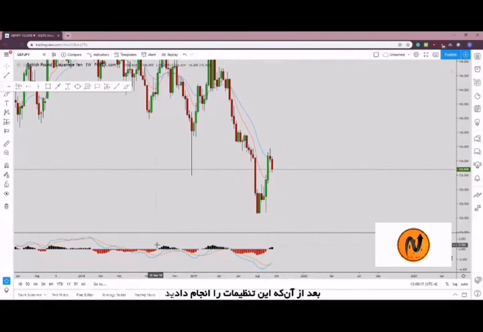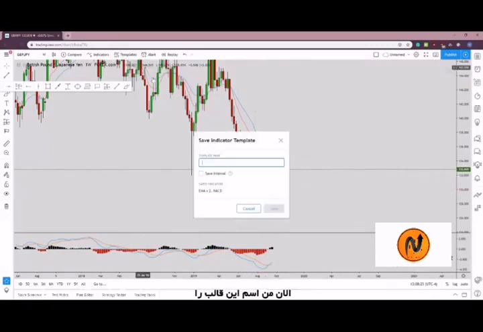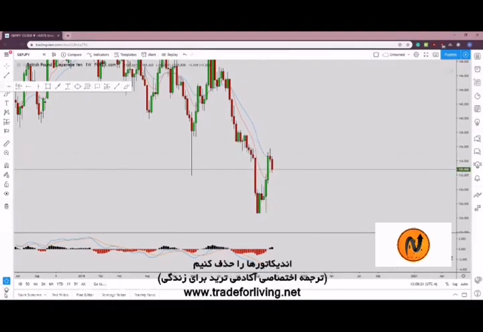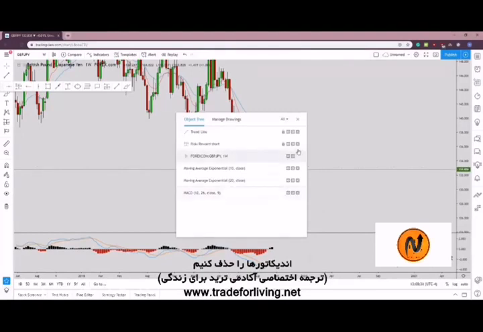Once you have set this up, you can create a template with these indicators, so you don't have to set them up every time. You go on templates and you go to save indicator template. I will just put AAA, because that is how I like to save them. Now if we delete the indicators,